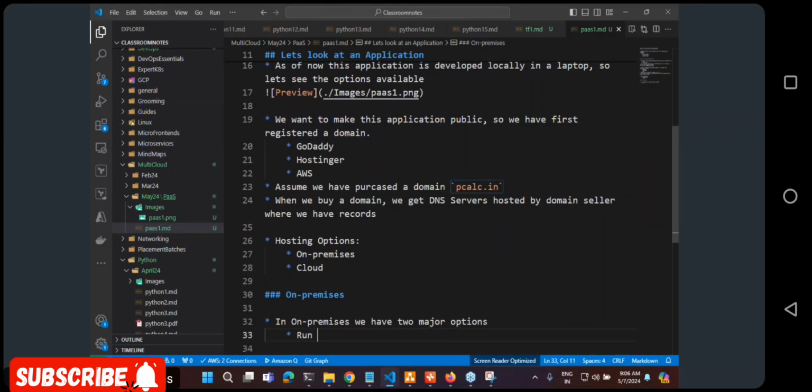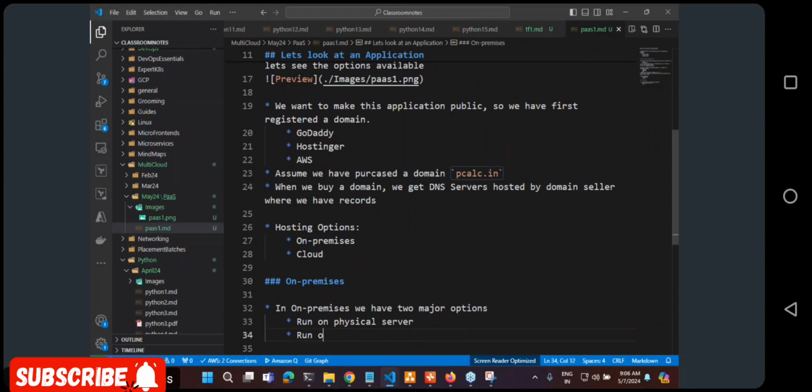One is run on a physical server or run on a virtual machine. Your company might be having servers and they might tell you, okay, this is a server, you can run it on that. Or your company might be already using something like VMware where they use virtual machines.